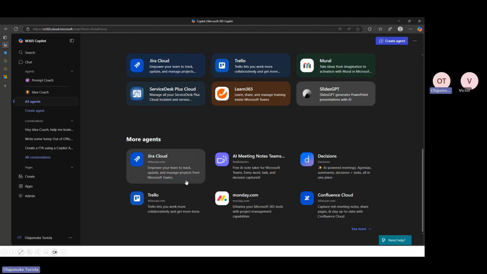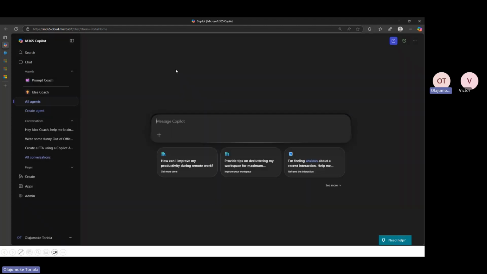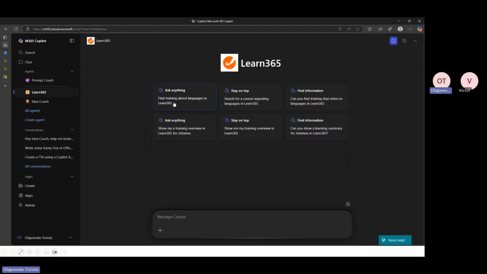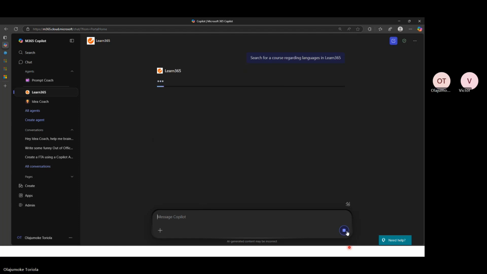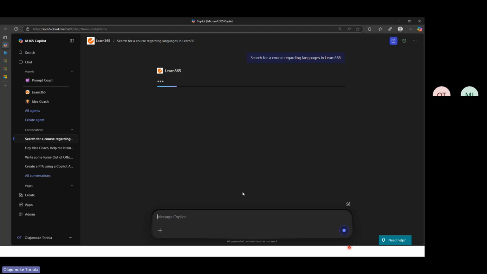You also have this Learn M365. If I add it, I can say find training about languages in Learn M365, or search for courses regarding this. It is like me looking through data, allowance you get. So the thing about this is that if it is not an agent that you build yourself,